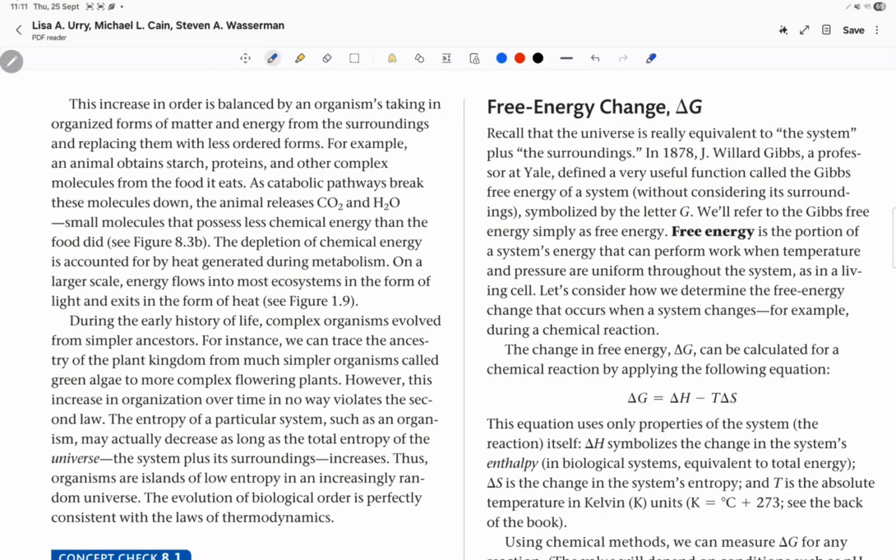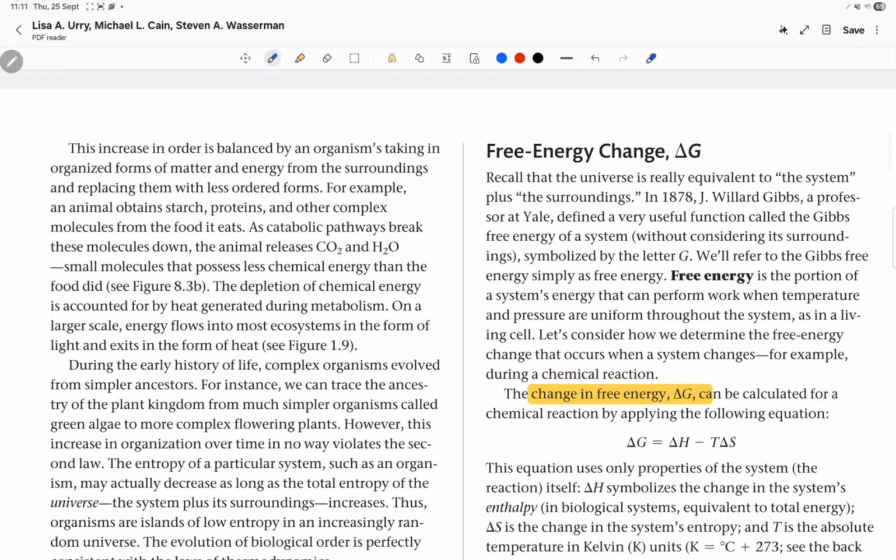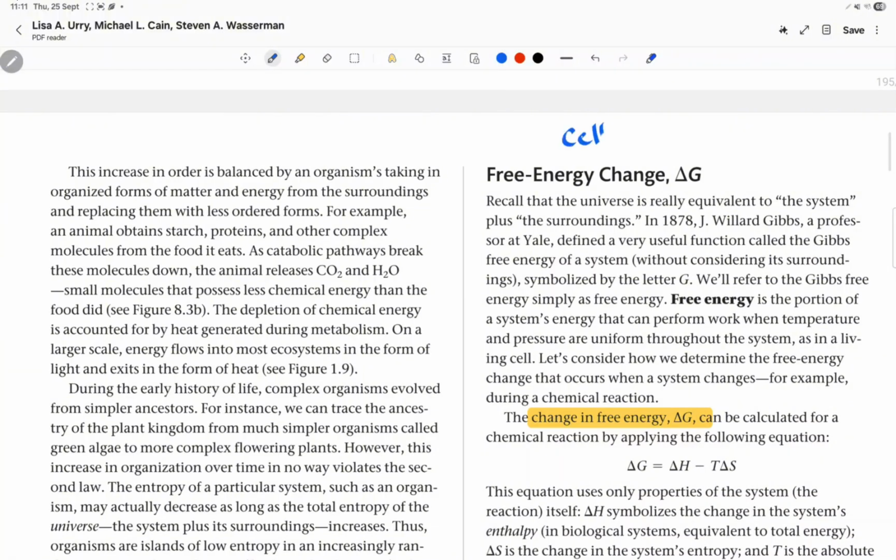Now, there is something called the change in free energy, or delta G, which can tell you if the reaction is going to be giving energy out or taking energy. For example, the reaction of cellular respiration, which is what every single cell should be able to do to give ATP to itself. This reaction will be giving you ATP. And if it gives you ATP, it's called exergonic in biology. Okay, it's giving you energy. It gives out energy,